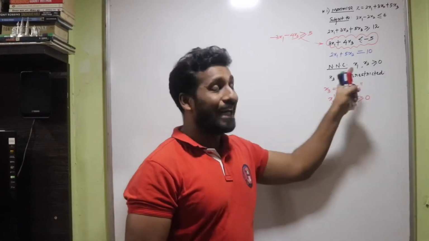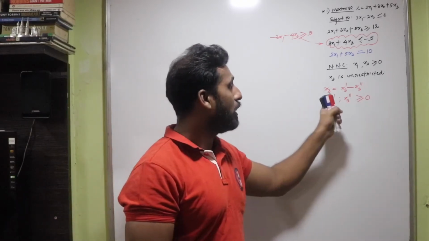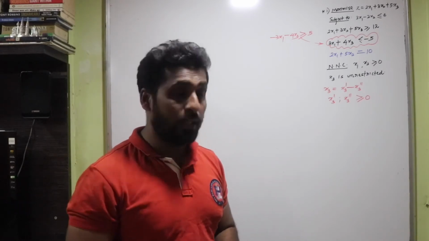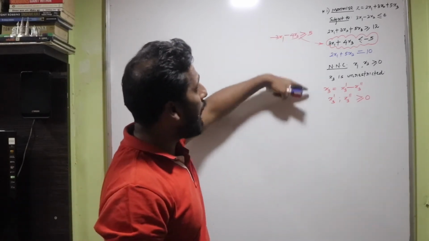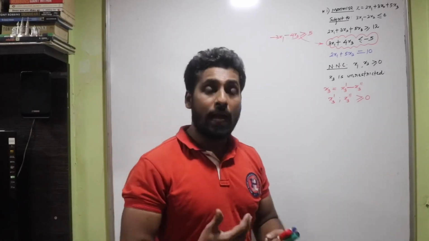Further you go, you can see that there is an unrestricted variable. Transform the unrestricted variable. X3 it was here, so X31 minus X32, and both X31 and X32 are taken greater than or equal to 0. So these are the conditions that I have applied to this particular question,